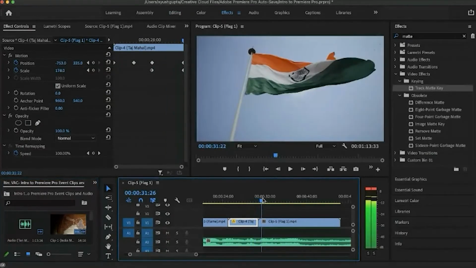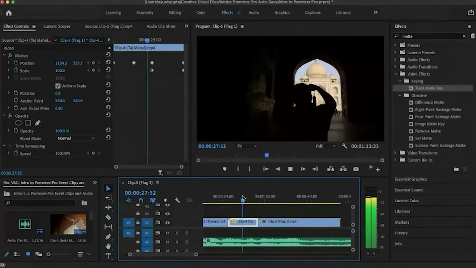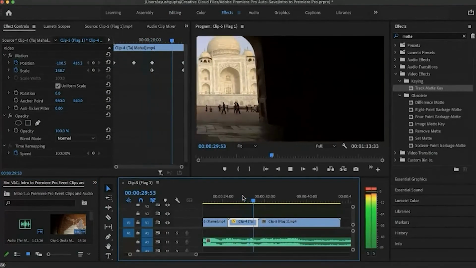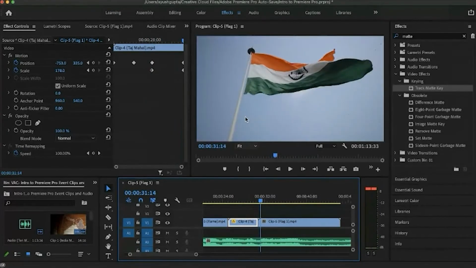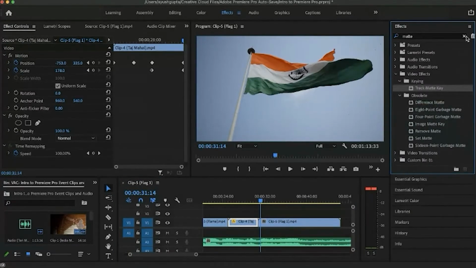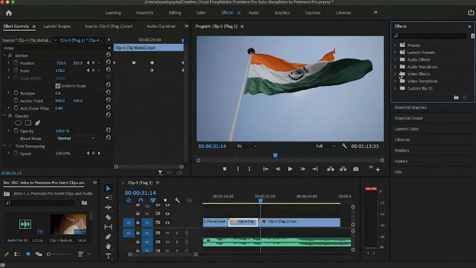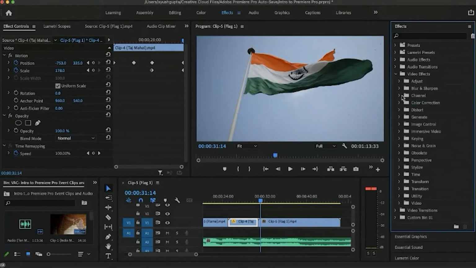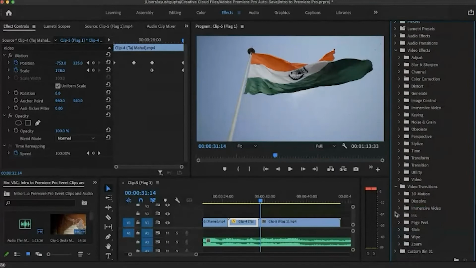So as we can see here now, the transition is sudden. So to do a black transition, we'll go to video effects under the effects panel. Video transitions. We'll go to the dissolve option under video transitions.